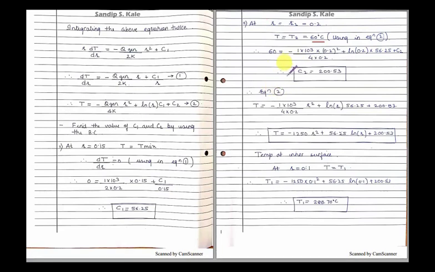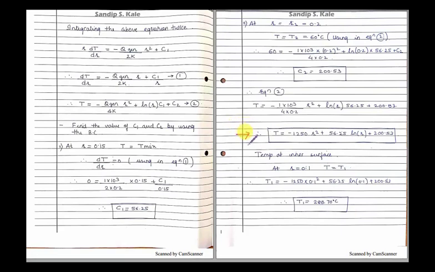So now substitute the value of C1 and C2 in this temperature distribution equation, right? So this is the equation. After substituting, you will get this equation. So this is our temperature distribution equation, which is our main aim, right? So whenever this type of numerical comes to you, your first task is to find out the temperature distribution equation. Very simple. So we have arrived at a temperature distribution equation.